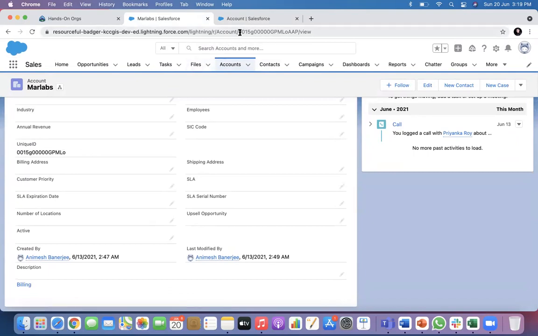Whatever is seen here is the 18 character version. This is the case sensitive version we are seeing on screen.